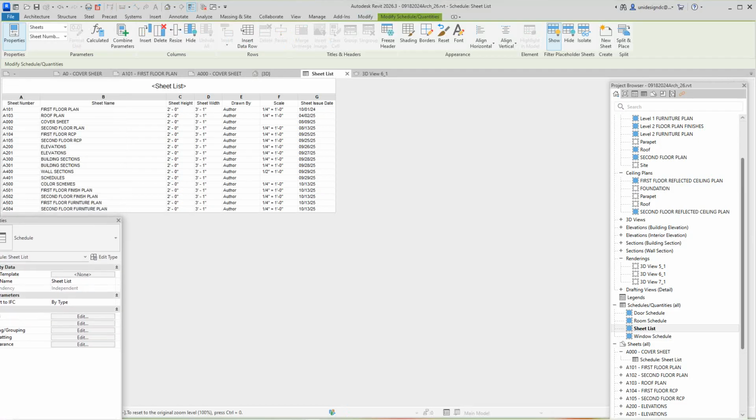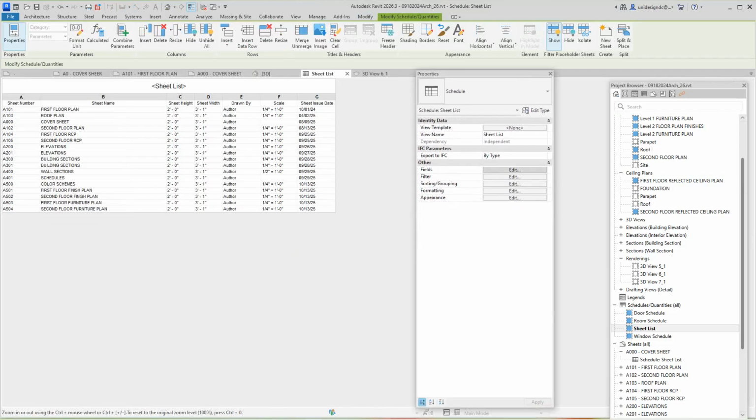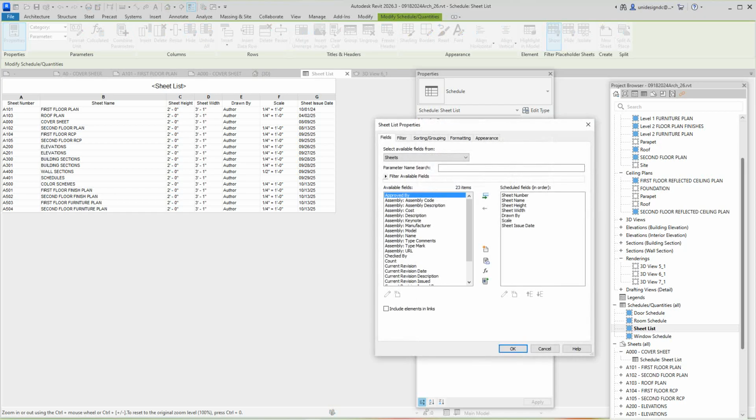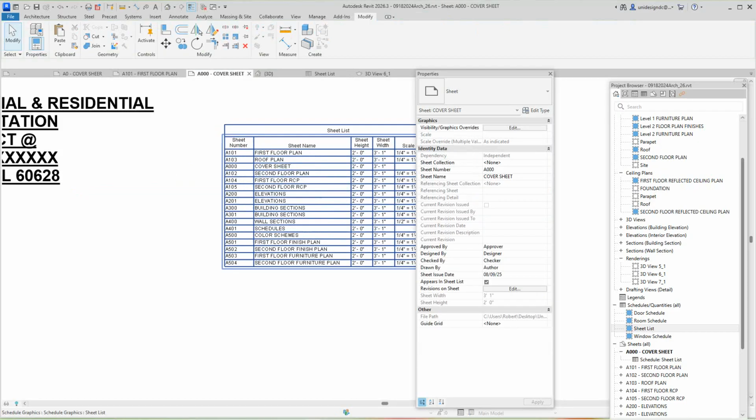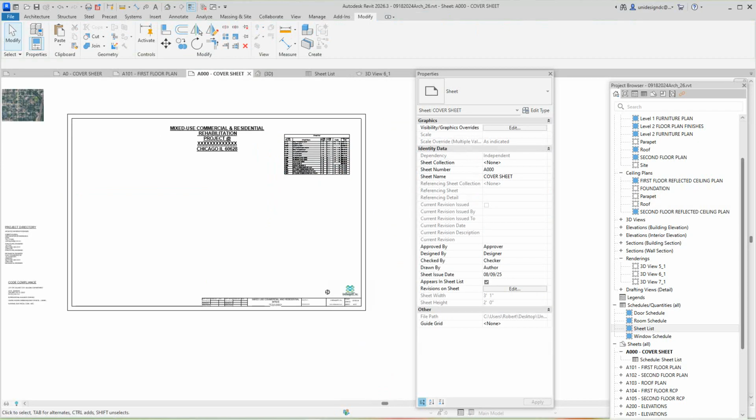In this one, I might want to go to my fields, and I might want to take out the author because I don't have any here, and that's just taking up space. So I'm going to go drawn by, and I'm going to move that out. And I'm going to apply and OK. And then I want to go back into my cover sheet. So that should be updated now. Okay, so now we've got